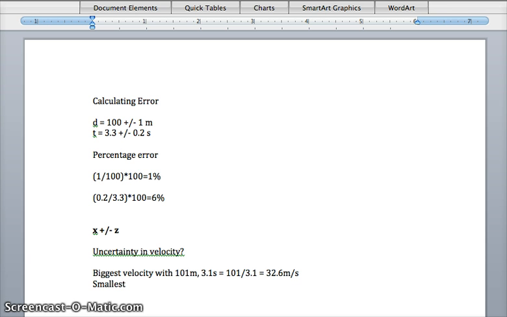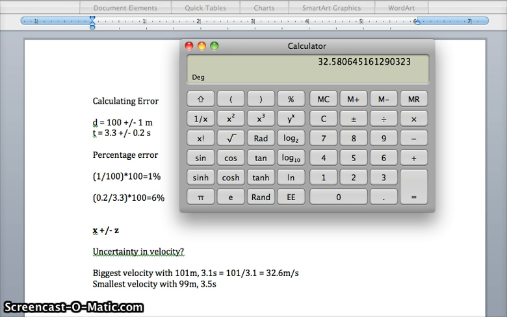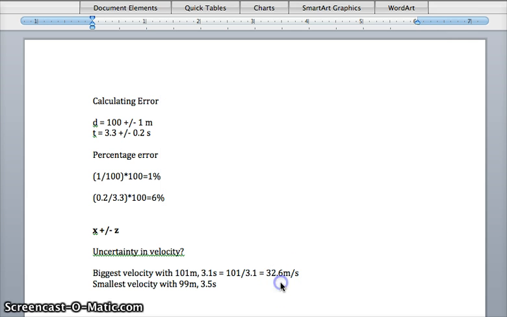The smallest velocity is with 99 meters and 3.5 seconds. And so that's going to give us 99 divided by 3.5, which is 28.3. So it equals 28.3 meters per second. So we know that our velocity is going to be somewhere in the range 28.3 and 32.6 meters per second. So what we want to find is the middle value,